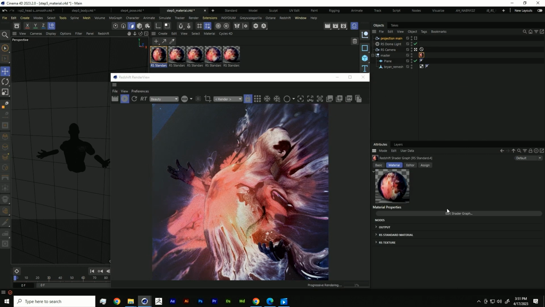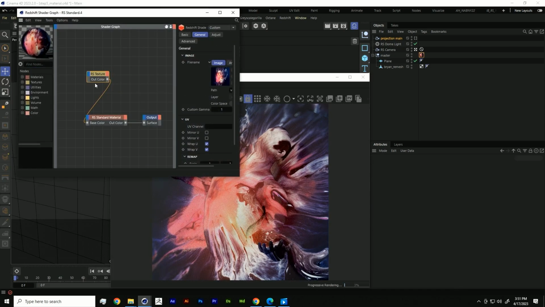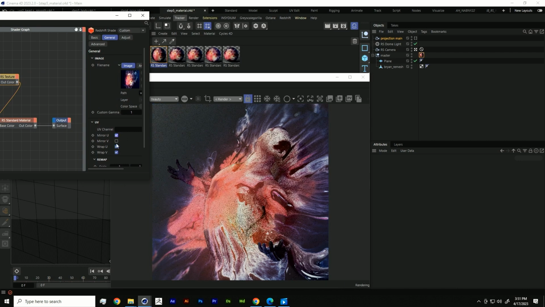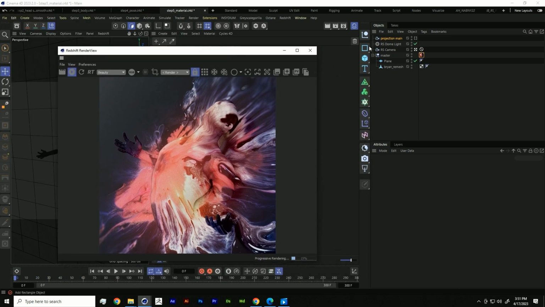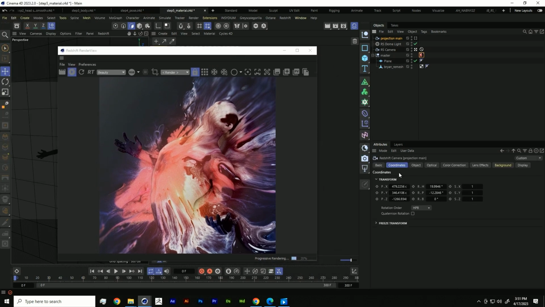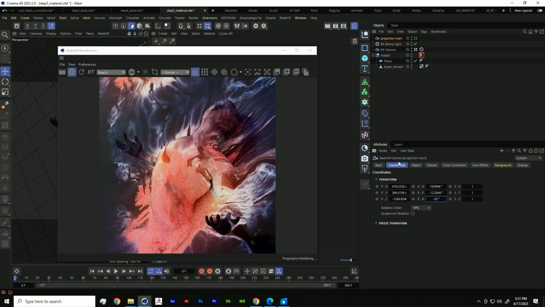So go into the texture itself, go into the texture node, and turn on mirror U and mirror V, and you can see that it's now mirroring that, so it just kind of slowly drifts away off to the side. I think I might rotate this a little bit. I think I maybe did like minus 55 or something like that,